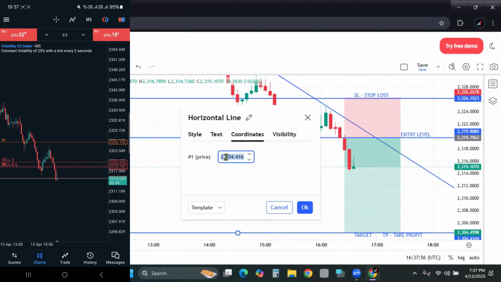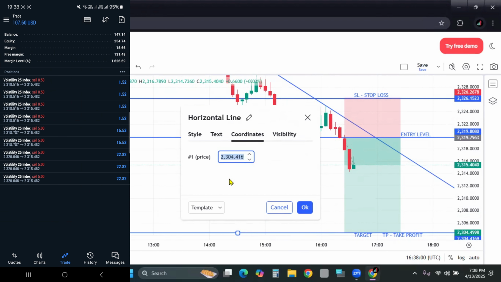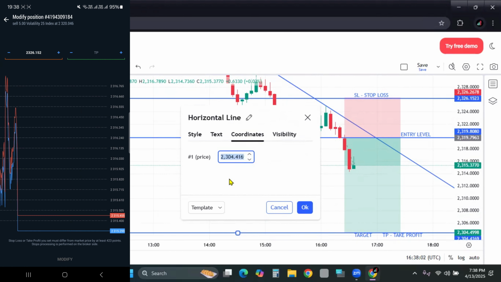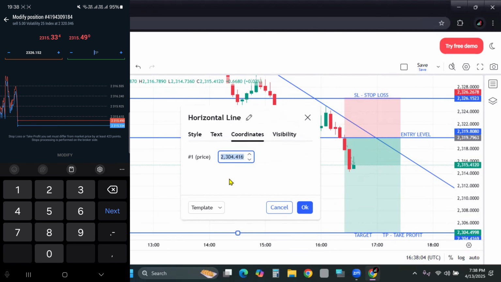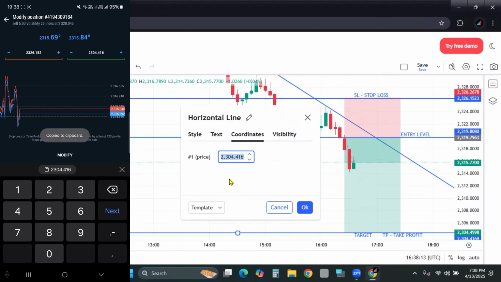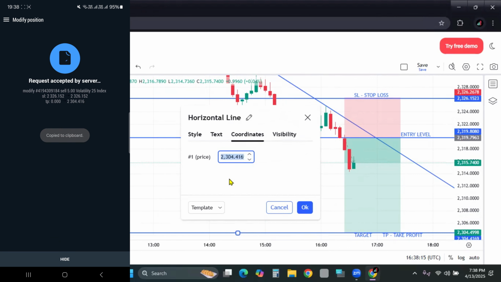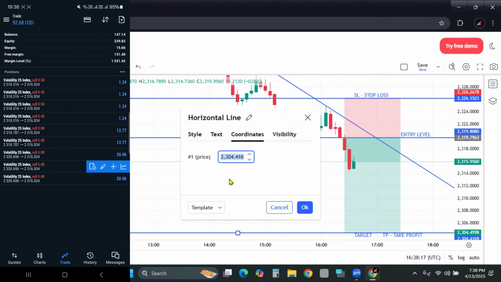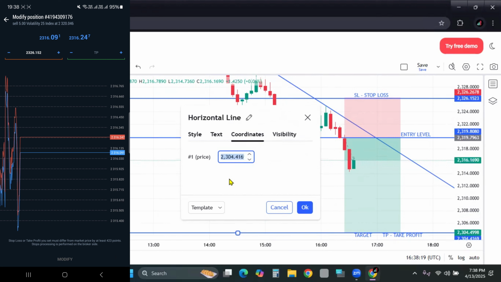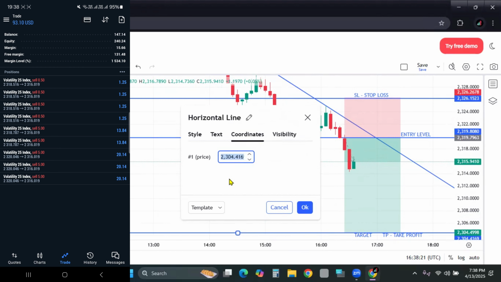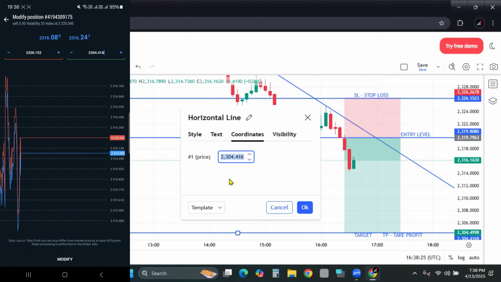Yeah, this one is 2304. So you go to trade, swipe, pen, then you write 2304.416. Then I copy and paste in all the trades, right? Copy and paste in all the trades as well. Okay,